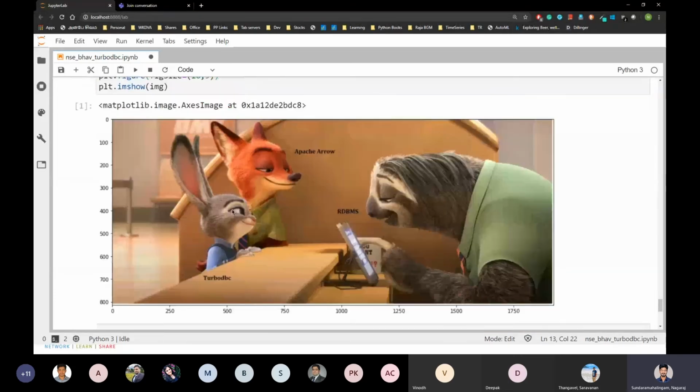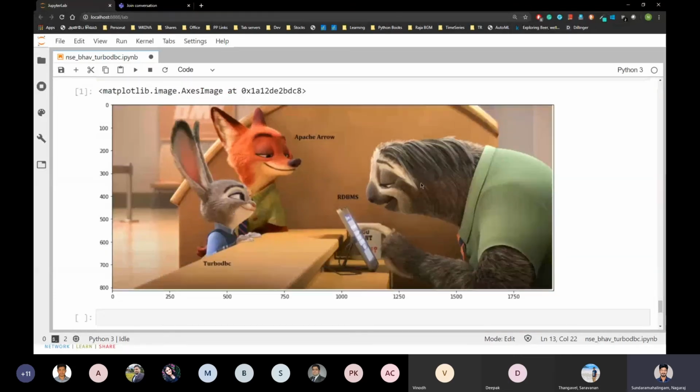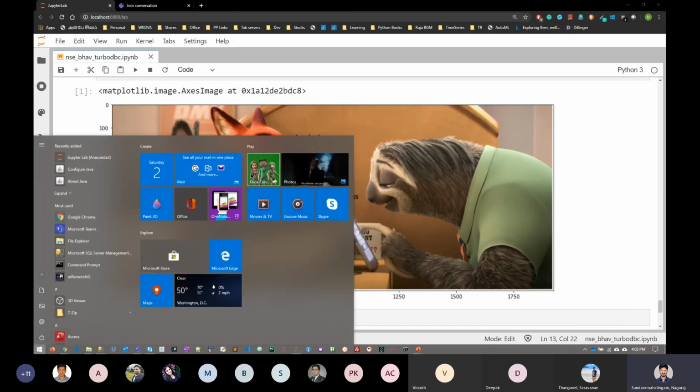And this funny image shows your traditional RDBMS, Turbo ODBC and Apache Arrow. You can see this much performance improvement if you implement Apache Arrow. So if you are reading data from your traditional RDBMS, you can go for Turbo ODBC.